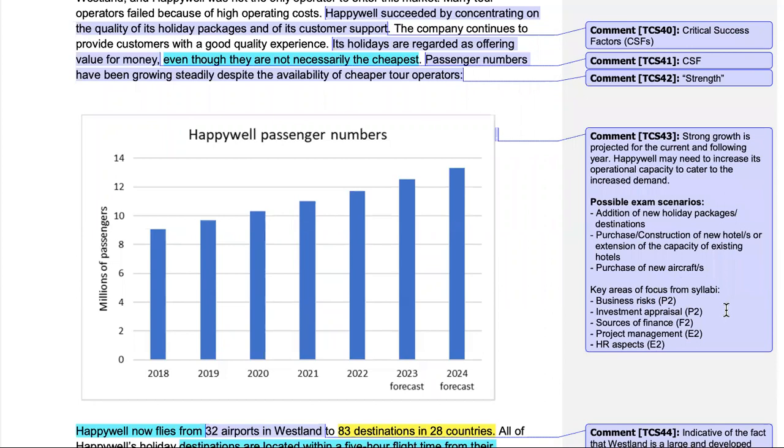And key areas of focus based on the syllabus could be business risks. If we are going for an investment appraisal, let's assume we are purchasing a set of aeroplanes, that's going to be a significant financial investment. So you might have to evaluate between debt finance and equity finance, or a combination of both, when financing these investments. Then project management will definitely be tested, and HR aspects,